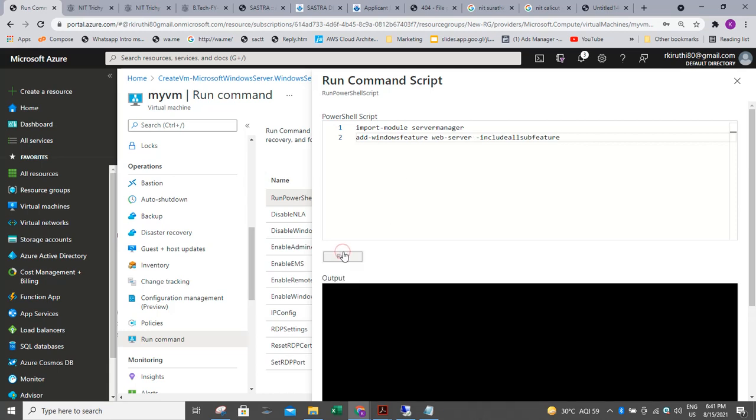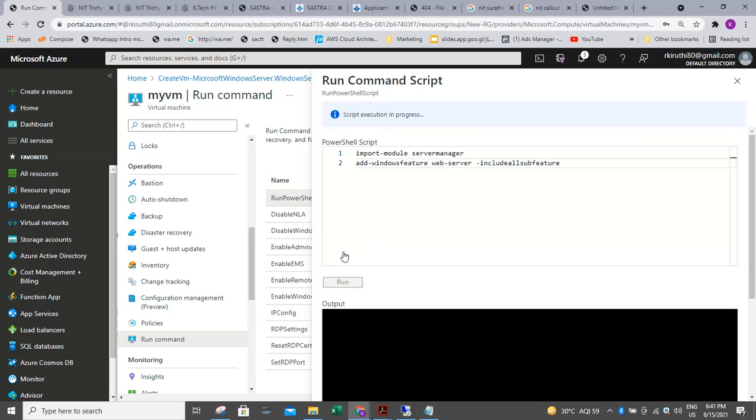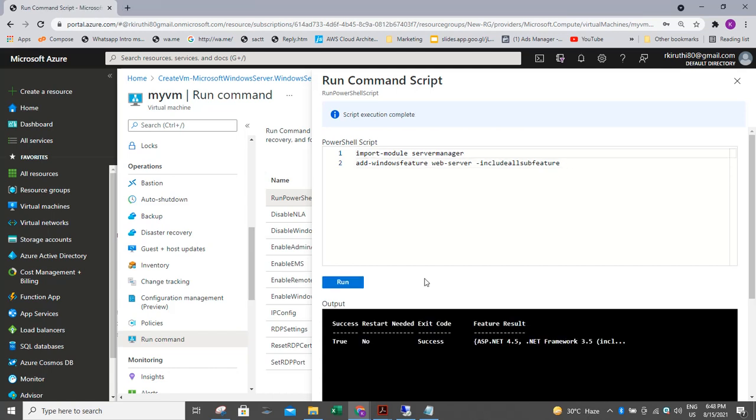Let me run this command. If everything is correct, it will create the web server in my VM. So let us wait. It will take 3 to 4 minutes to execute. Once the output is ready, we can see the IIS server in our VM.